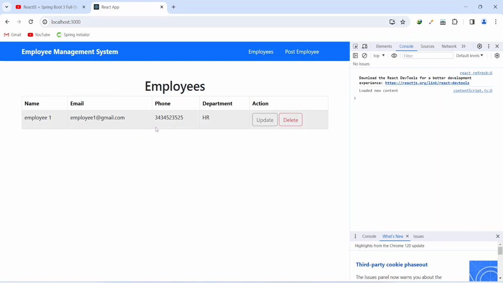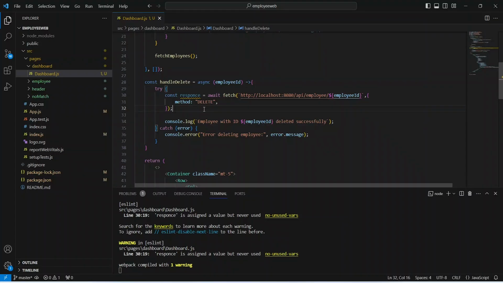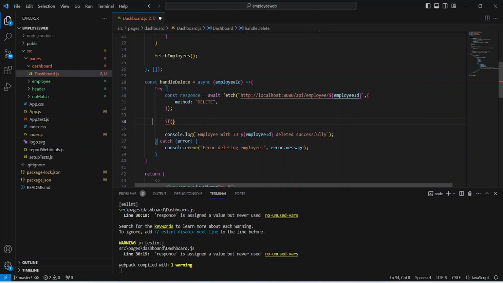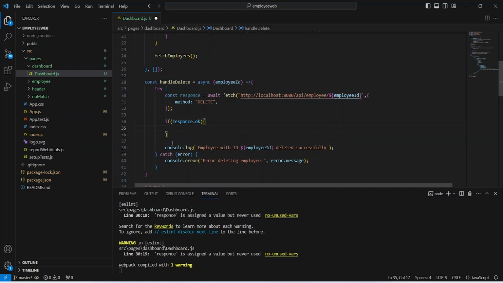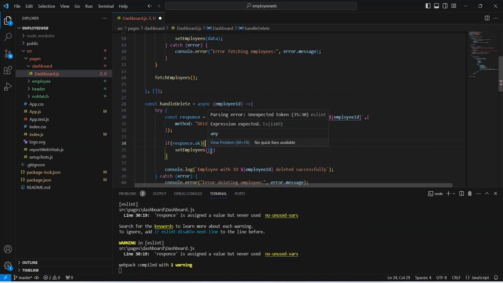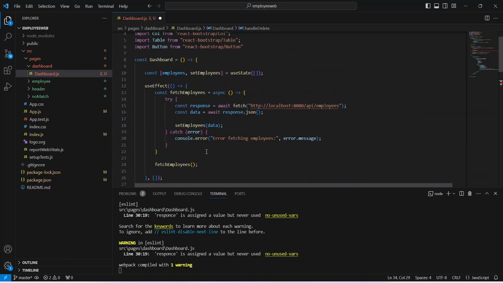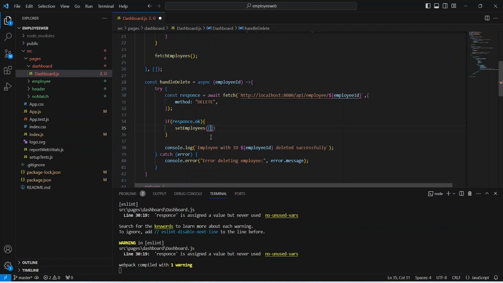Now let's go back to our React application and write the code to automatically update the data after the delete API. In the handleDelete method, after the response we will write one if condition, and in this if condition we will check if response.ok. So if we got the OK response from our API call, then we need to update the data, and we will call the setEmployees method here, and in the params of this method we need to send the previous state of our employees useState, and to do that we will mention prevEmployees and then write an arrow function,